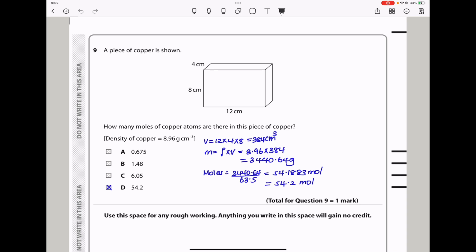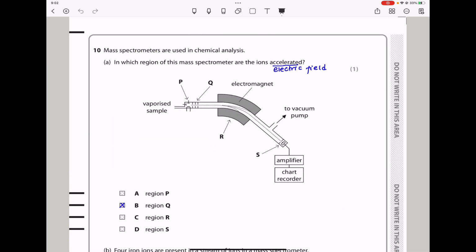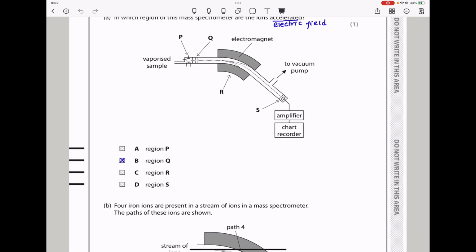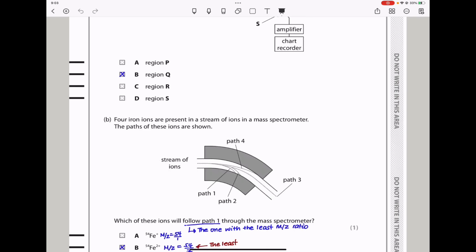Moving on. Question 10. Mass spectrometers are used in chemical analysis. In which region of this mass spectrometer are the ions accelerated? The ions are accelerated in the electric field, which is region Q, and so my answer is going to be B here. And in part B, they ask,